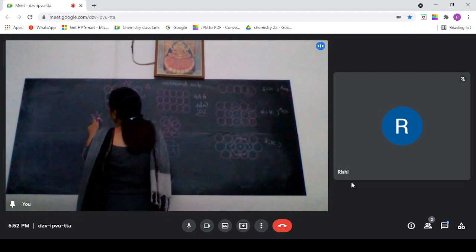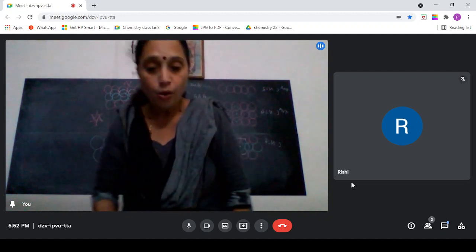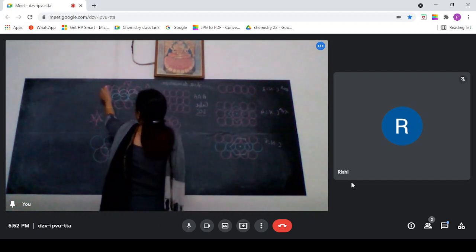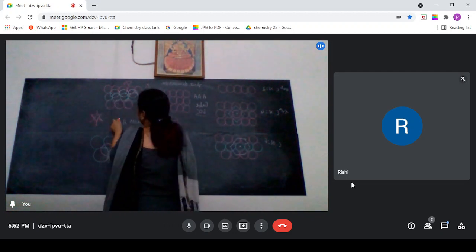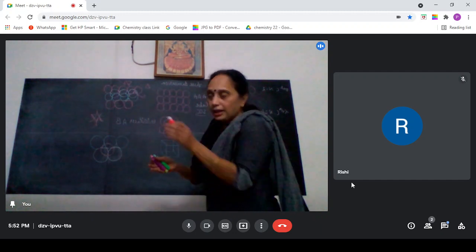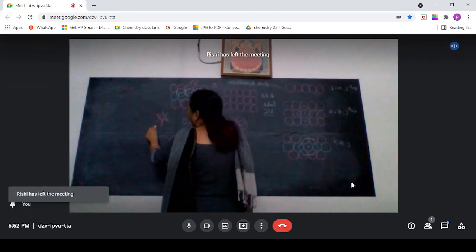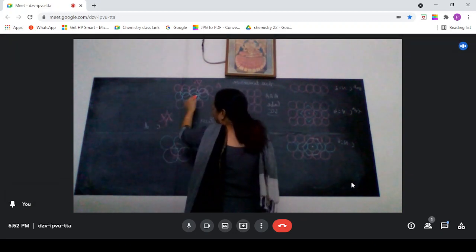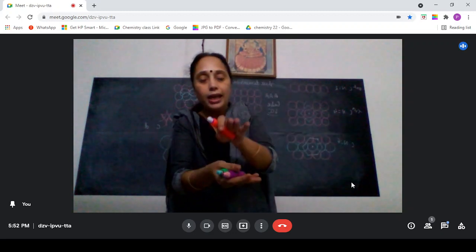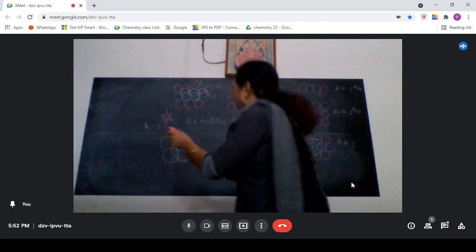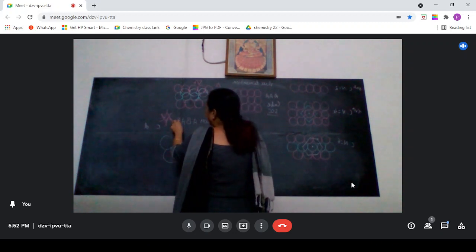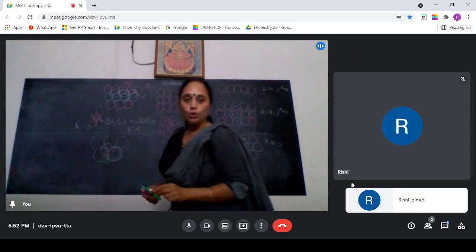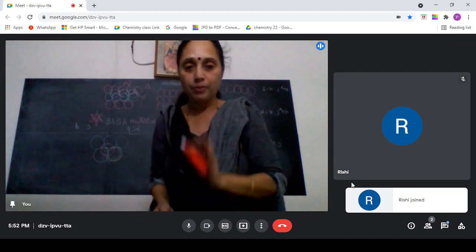Okay. So now next layer if you fill, you have now one layer A type and another layer B type. Now for the third layer, either you can fill the void C or fill the void D. Now if you fill the C void, it will be exactly on the A layer, exactly on the layer A. So it will be AB type. This is called as hexagonal close packing in 3 dimension.